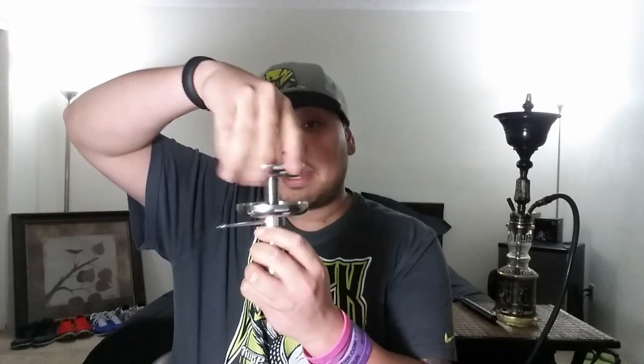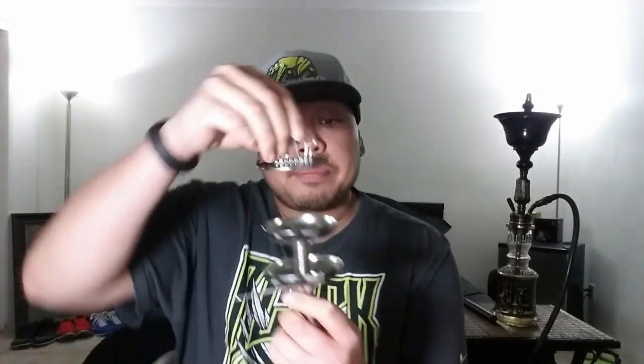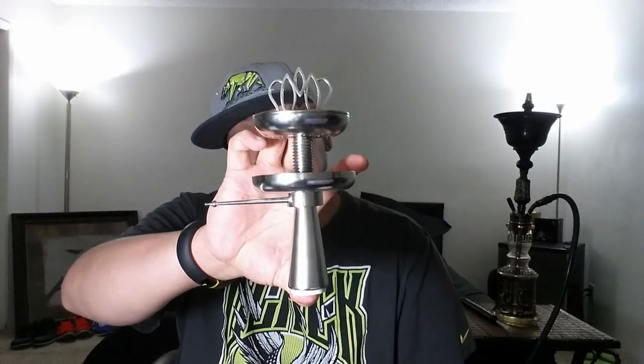Next we have our bowl to hold our tobacco, which screws right on top. And then you have your cover, or the crown portion of the bowl. The way this works, I don't know if you can really see it, but there's a little lip. So it sits in there really nicely, and it's not going to fall off or anything. It's on there pretty good. So here's pretty much what you've got. Now I'm going to get into showing you how to pack and prepare your tobacco to smoke